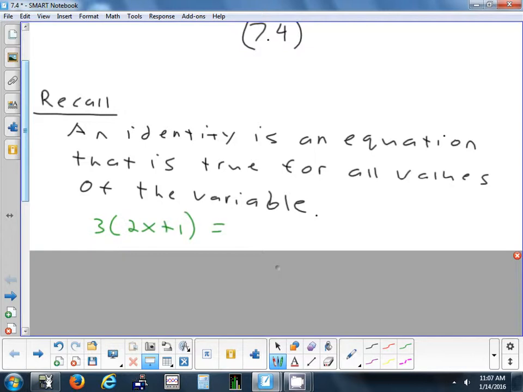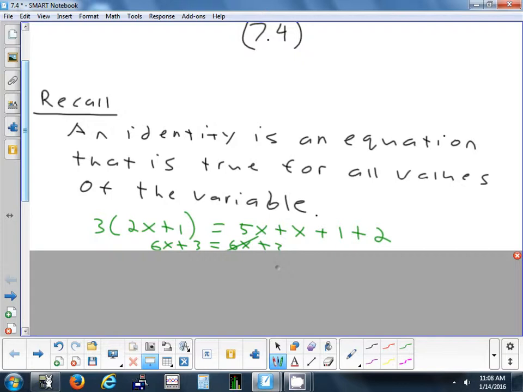If I asked you to solve this equation, let's say, on the left, I have 3 times 2x plus 1. And on the right, I have 5x plus x plus 1 plus 2. What would happen if you simplified what's on the left and on the right? 6x plus 3 plus 3 and 6x plus 3. Right, you get 6x plus 3 equals 6x plus 3, which means